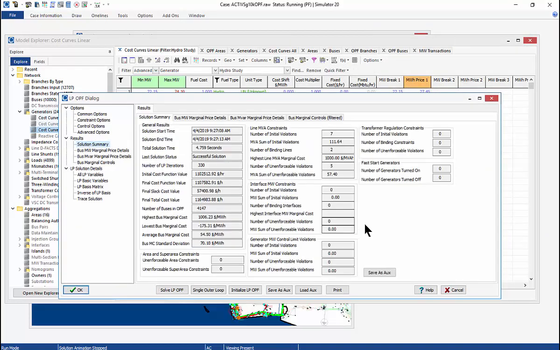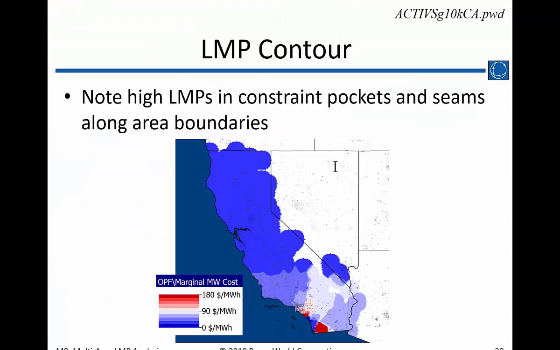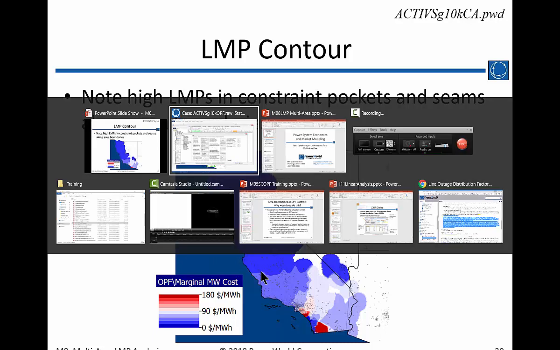If we go to our results summary, it shows that initially there were 7 violations that it tried to relieve, and it relieved 2 of them, and it also reduced the amount of overload across all of the violations. There's 5 that it wasn't able to clear. And we could contour this too to just kind of graphically see where these pockets are. I mean, you can look at the numbers in a table, but sometimes it's helpful to look at it on